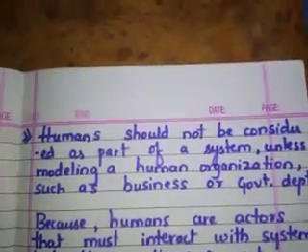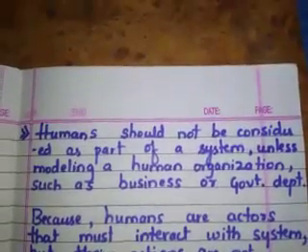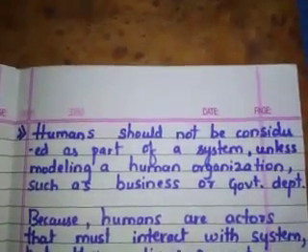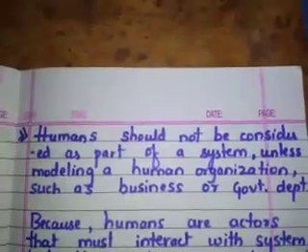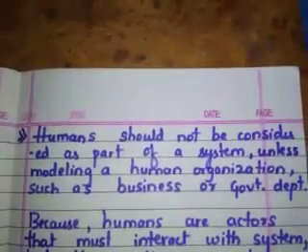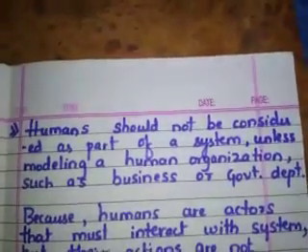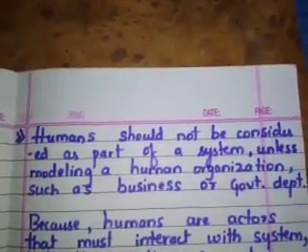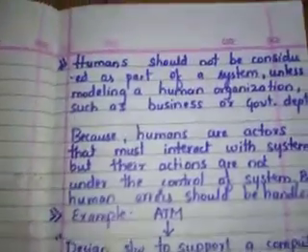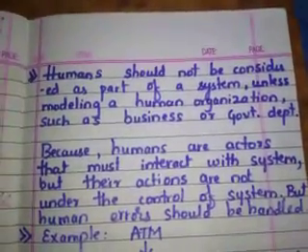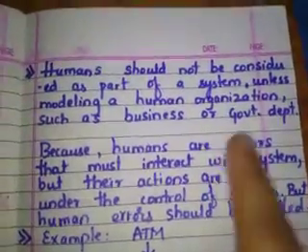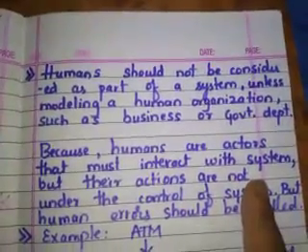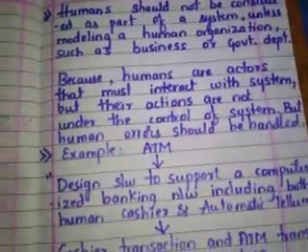The next important thing is, whenever we are deciding the boundaries and the functionality of the system, the human should not be considered as part of the system unless they are part of the system, as in any of the organizations or the government offices. Otherwise, a human being should not be treated as a part of the system, because human behavior is unpredictable. They can be better modeled as the actors who will interact with the system, not as part of the system.